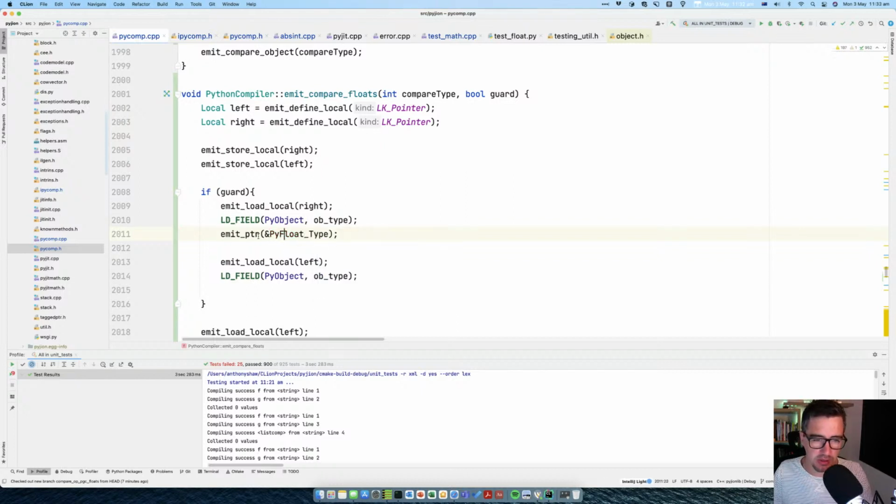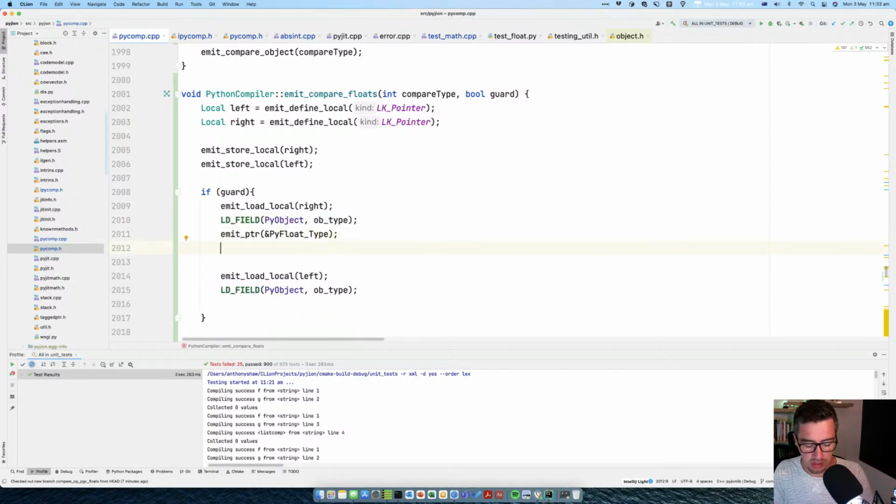PyFloat type, is that right? Okay, so emit the address, the PyFloat type, and then we've got the type of this object on the stack, and then we do a branch, branch not equal, and then we would do guard fail, and then I do the same thing